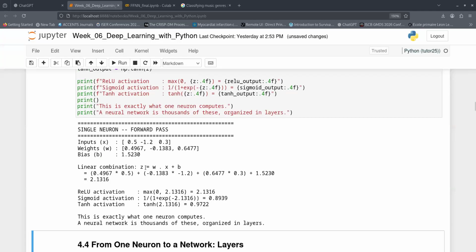We got z as 2.1316. Now we run the activation function. ReLU gives us the max of 0 and z, so we replace z by 2.1316, and the maximum between 0 and this is 2.1316. For the sigmoid function, we apply 1 over 1 plus exponential of minus z, so we replace z by minus 2.1316,